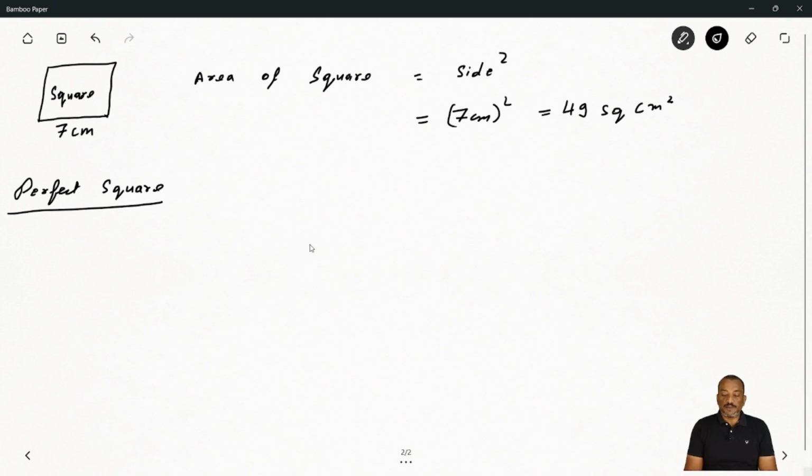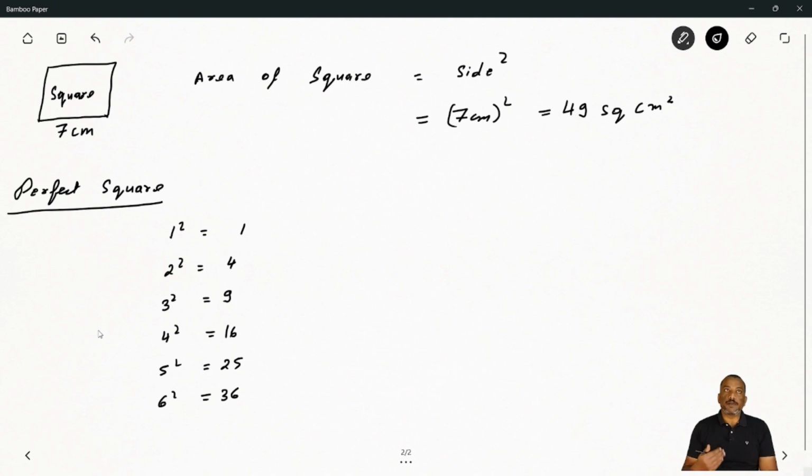Okay, so if I will say here, like you can see 1 square is what? 1. 2 square is what? You can say 4. 3 square you can say 9, and 4 square you will get 16, and 5 square you will get what? 25, and 6 square you will get what? 36. So this all is an example of perfect square. ठीक है, तो यहाँ पे परफेक्ट स्क्वायर का मतलब है जो किसी इंटीजर का स्क्वायर होके आता है. ठीक है, और उससे हमें जो आता है उसी को हम लोग बोलते हैं